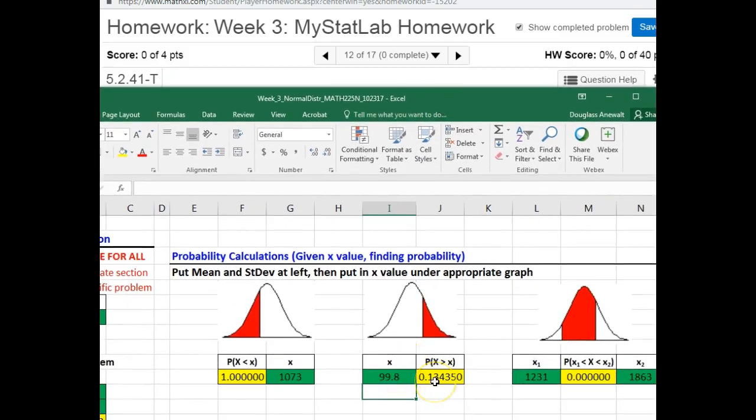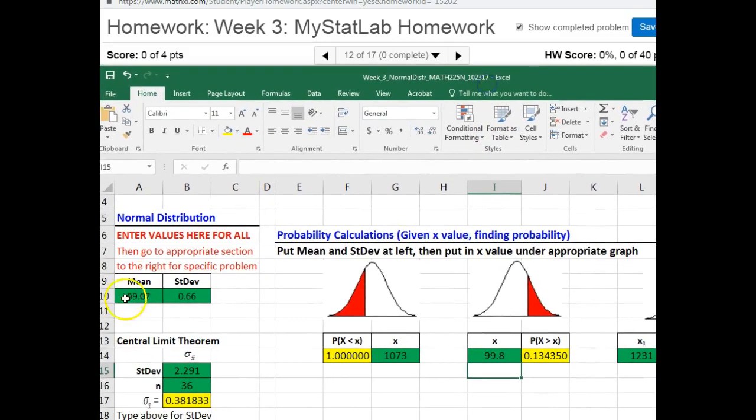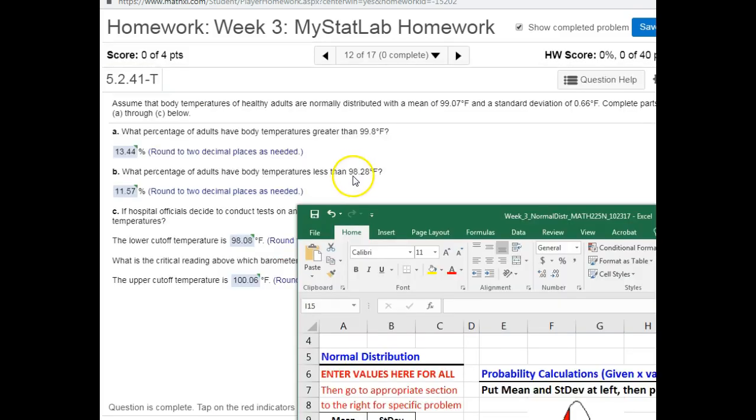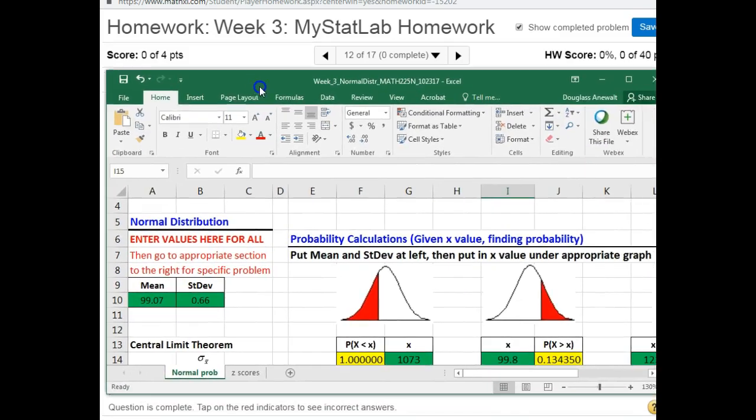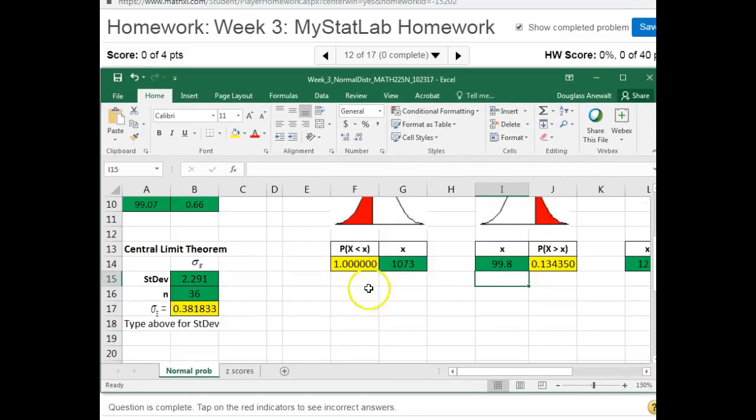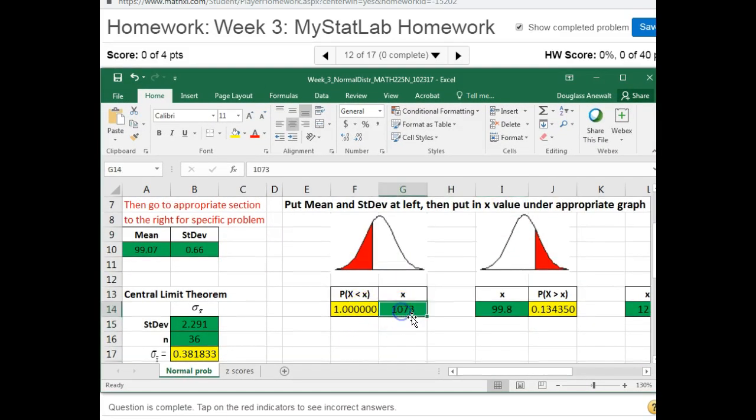And so Excel crunches all those numbers for us. We just need to understand the output here. This is the probability a random person has a temperature higher than this value. And it's all based off of the mean and the standard deviation of our distribution. So less than 98.28, I would want to find the probability of being less than a certain amount. So 98.28. And this is the probability that a randomly selected healthy adult out of the population has a temperature